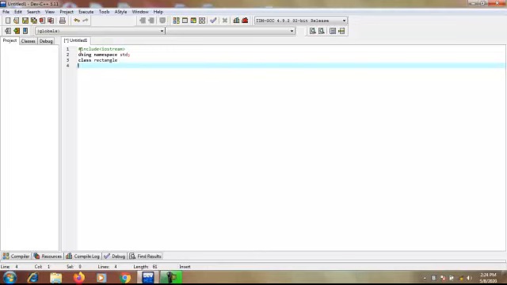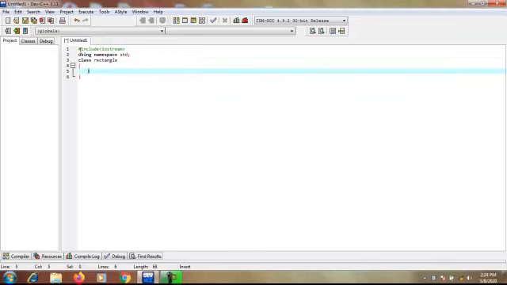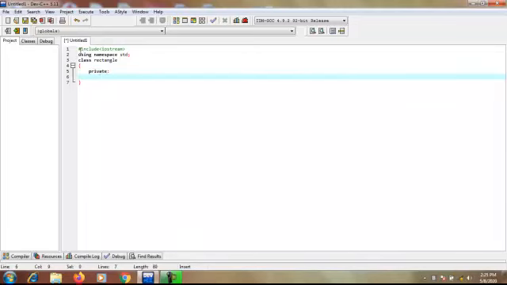Okay, let's start the body of the class. So here first I declare the data members under the private access specifier. First write the private keyword, then colon, then I declare the data members.